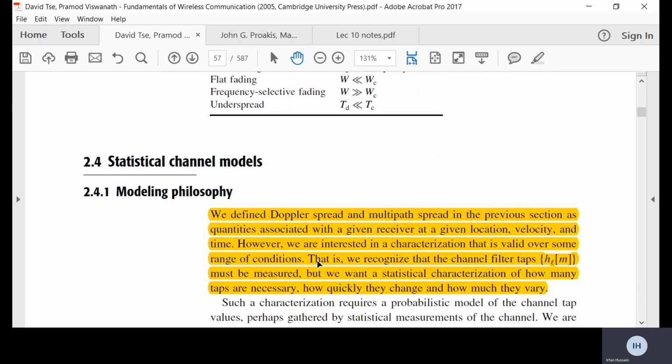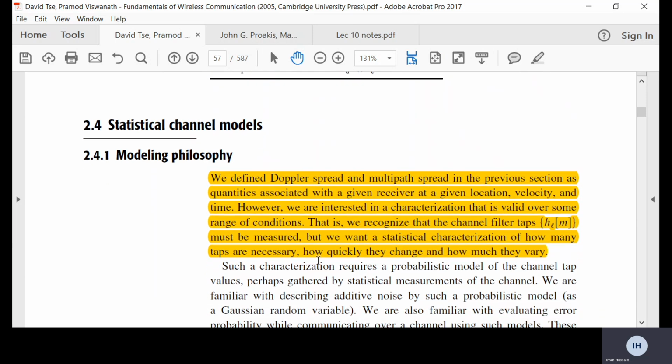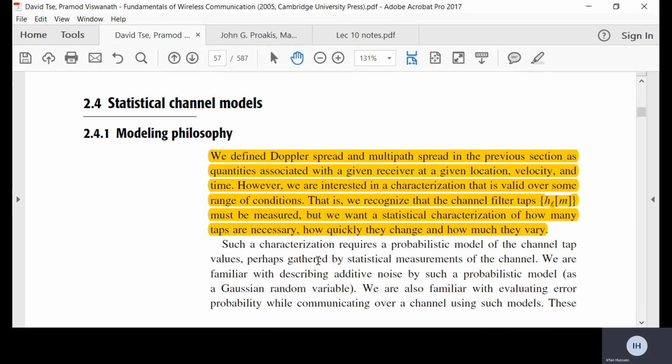In today's lecture, we start with the statistical channel models. Now, first of all, you could see that